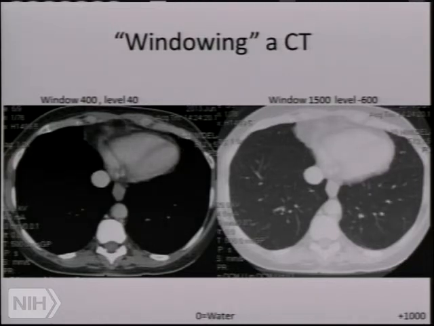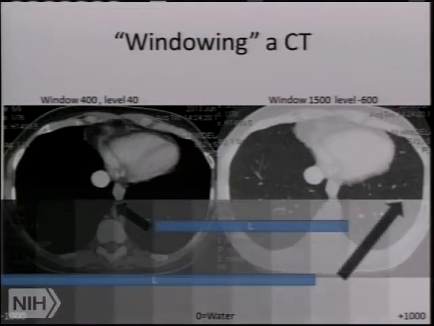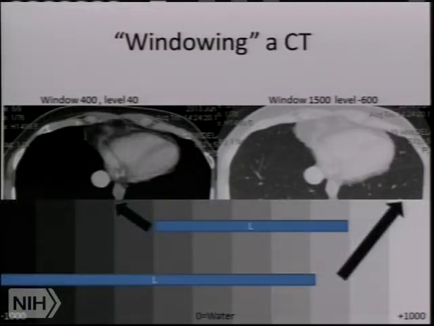Some people find it surprising that these two images, the one on the left and the one on the right, are exactly the same image. We didn't take two images to get these two different things. All we did was manipulate the image so that one looked like this and the other looked like that. And the secret to this is the use of grayscale windowing. This is a digital image, and it ranges in density from -1,000 to +1,000, +1,000 being bone, -1,000 being air, and 0 being water, right in the middle.